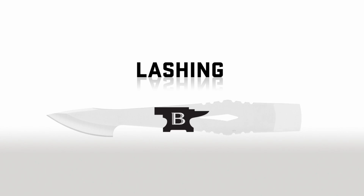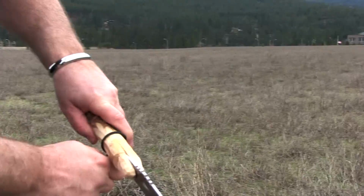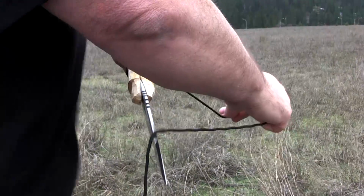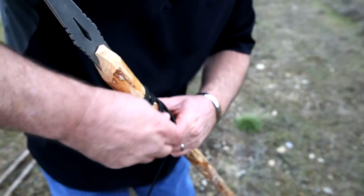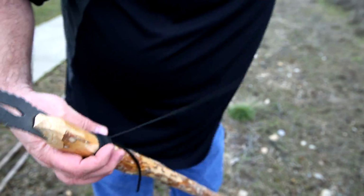Once the spear base is started, but not completely seated, create the first group of lashing. This lash will keep the spear pole from splitting further once the spear is completely seated. Begin by holding the end of the 550 cord vertical and flat to the pole. Wrap 5 to 6 loops around the pole from top to bottom, leaving the tag end between the loops and